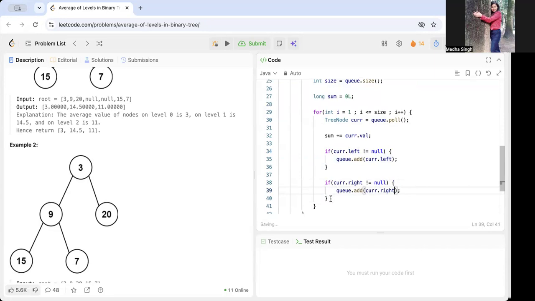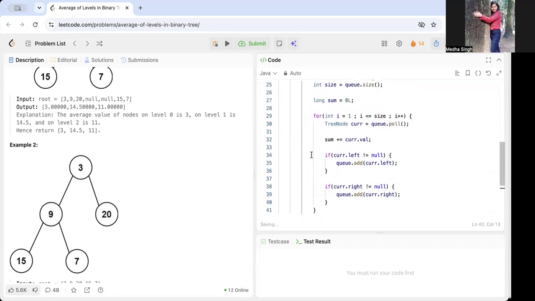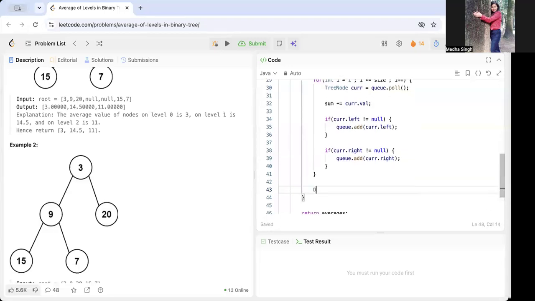And then in the end, when we come out of this loop, we are going to have a double variable, double current average. Or let's rename it more meaningfully, current level average. And that will be equal to what? We have to typecast it. So we're going to typecast to double our sum variable divided by size.